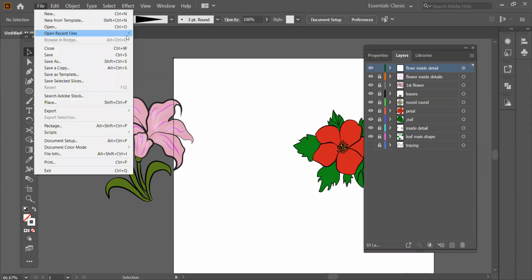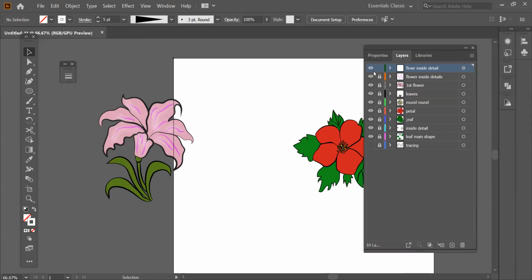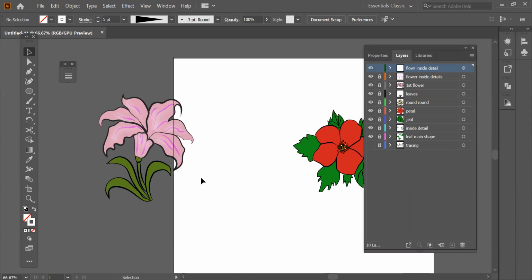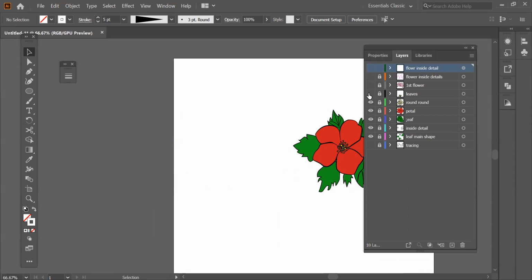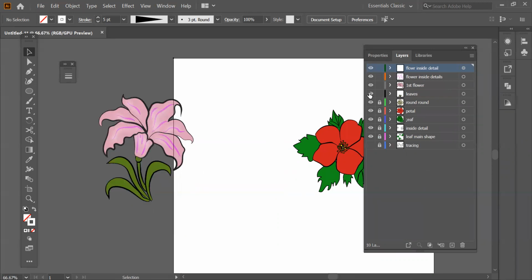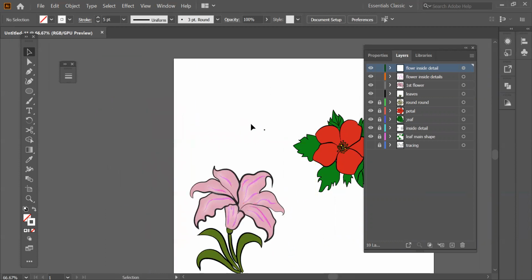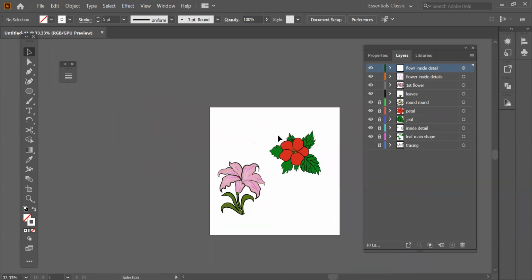If you want to do one more thing, you can open a new file for everything. Like I've done two flower motifs over here, right? You can make two separate files for this, like this one into a separate one and that one into a separate one. For now, what will I do? I'm just going to unlock these. Okay, unlock, sorry, and then select it. Remember what was the shortcut for select all? Control A. And these four layers are only open, so I can only move these four. And now see, our flower is looking so pretty.